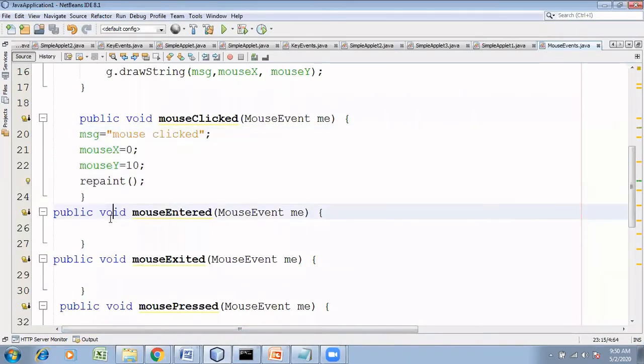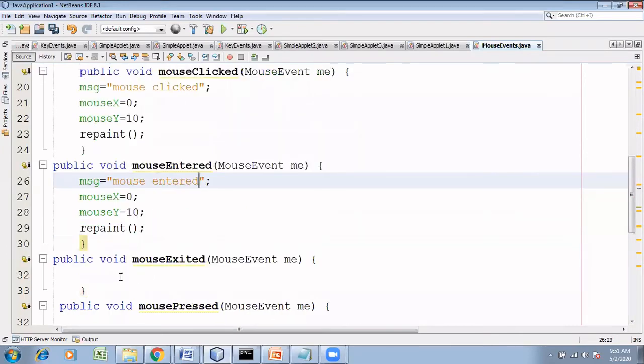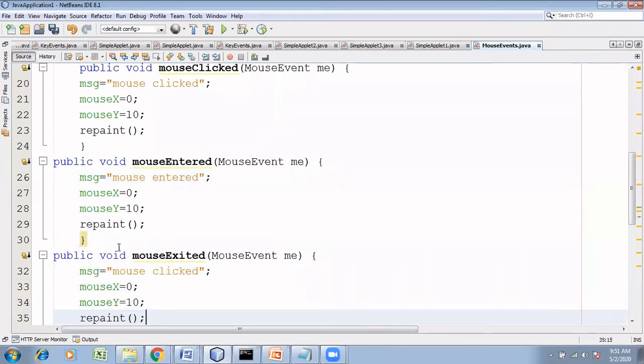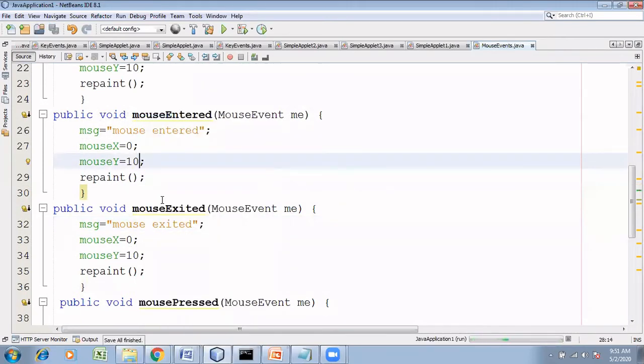So what is the message I want? When the mouse is entering, I want the message mouse entered in the upper left corner itself. So 0, 10. I want the paint method to be called, so I'll call repaint. Similarly, when the mouse is exited, I want the message mouse exited in the upper left corner. So 0, 10, and I'm calling the repaint method. Now when I run this,